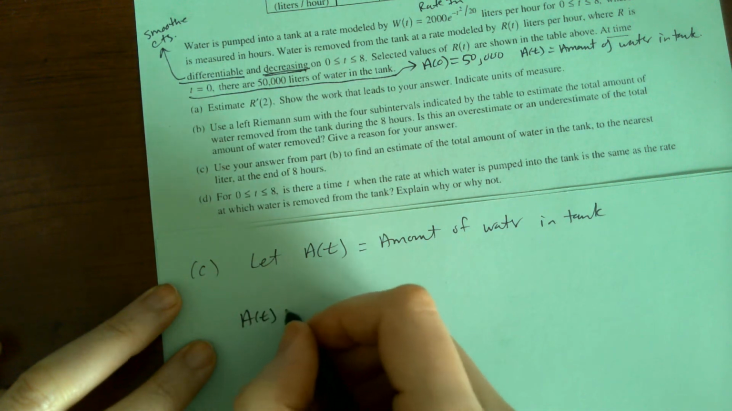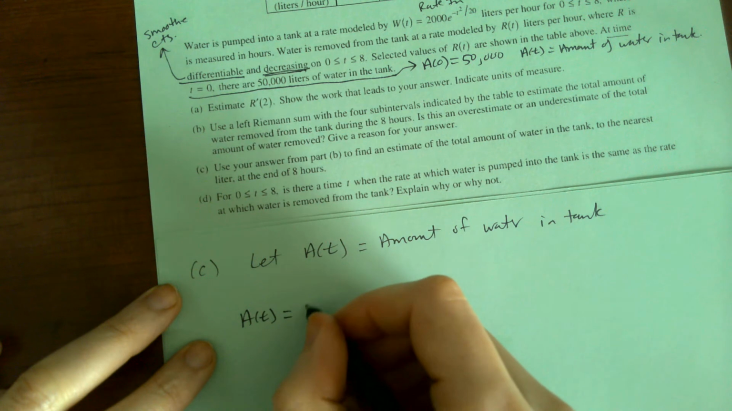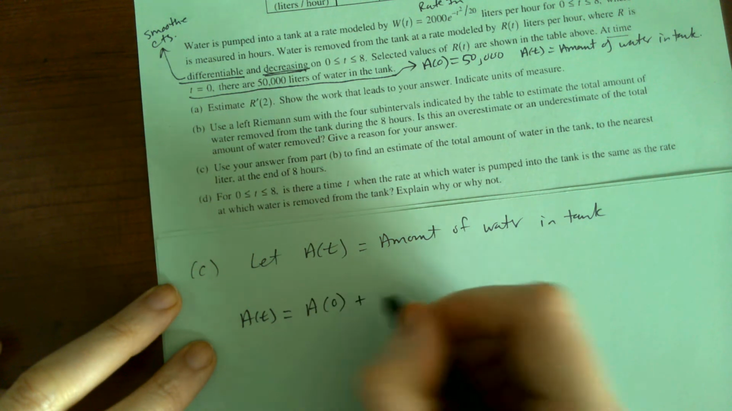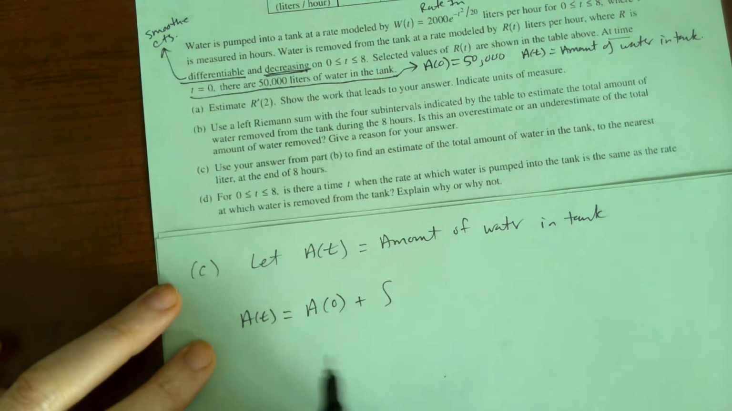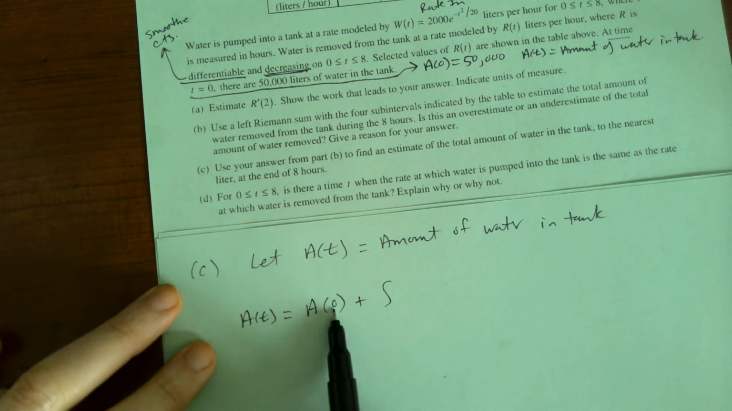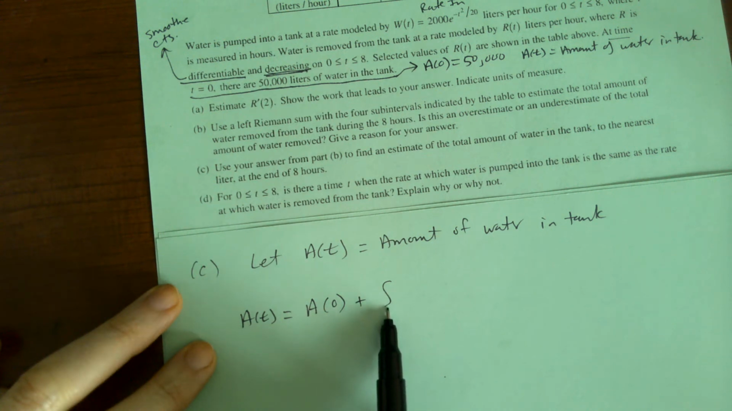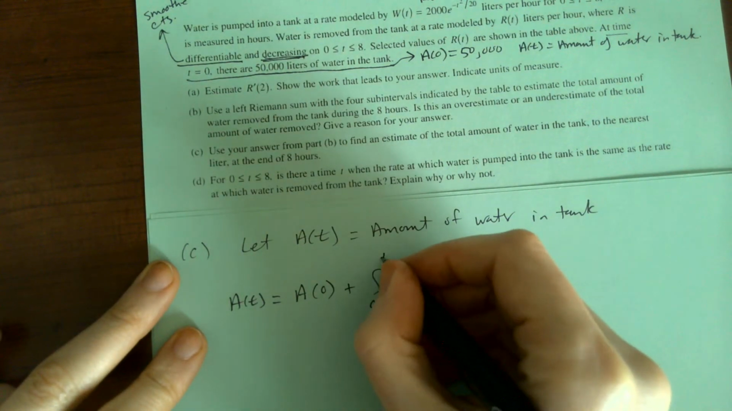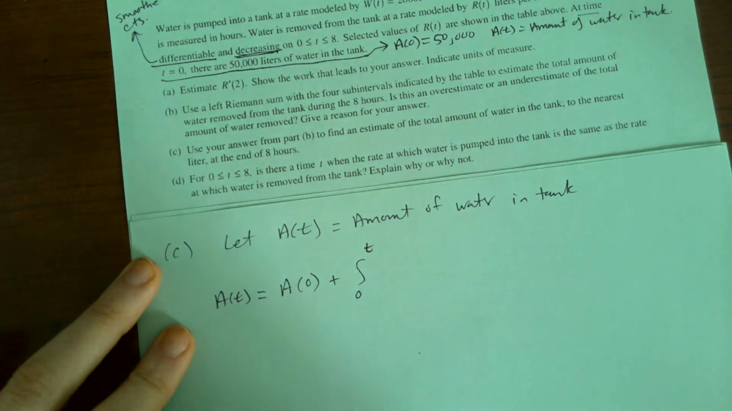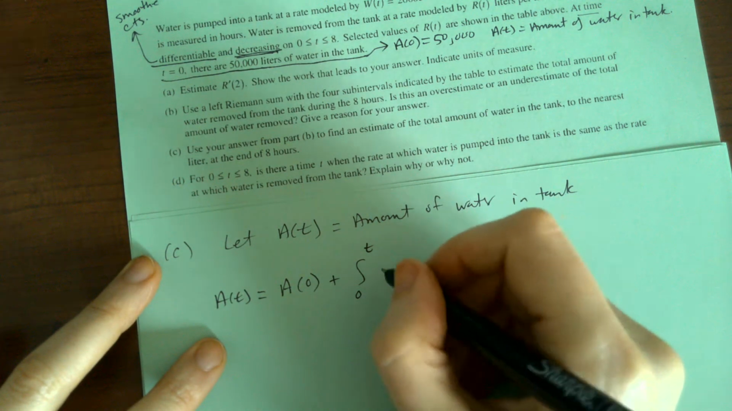So A of T is equal to A of 0. It could actually be any number, you know, whatever number goes in here would be the bottom there. But I already know A of 0. A of 0 plus the integral from 0 to T. And then in here I go